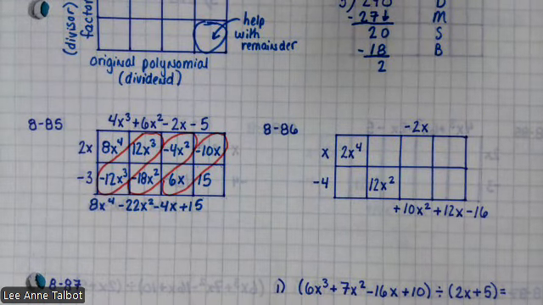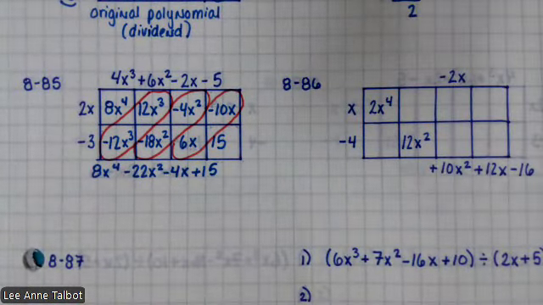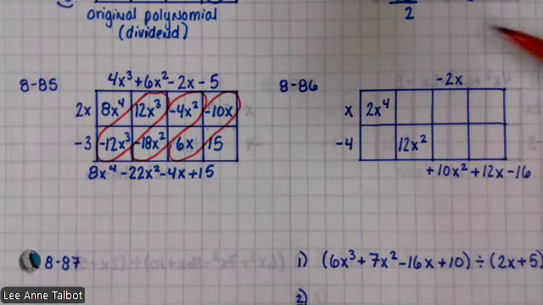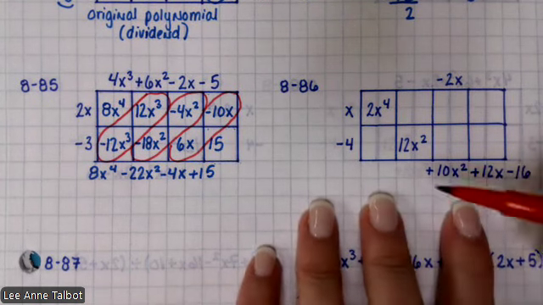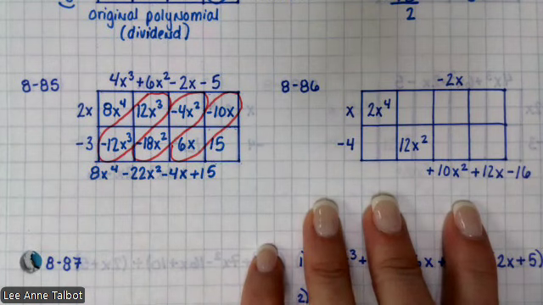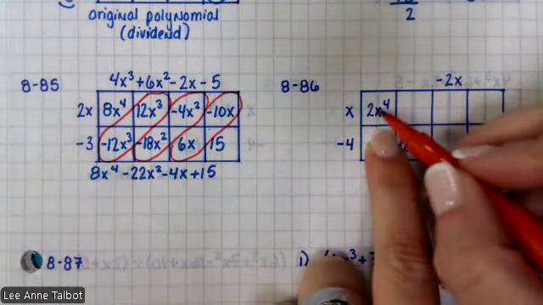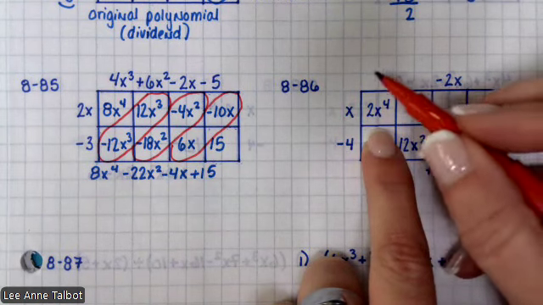Okay. Now, number 86 is really my favorite problem of the day because it's a puzzle. I like puzzles. I'm going to do all of the missing pieces of the puzzle in red. So this is the original problem, and I'm going to use red for all of the bits that we write in after we figure it out. Okay, so if this box is 2x to the 4th and there's x out here, what has to be up